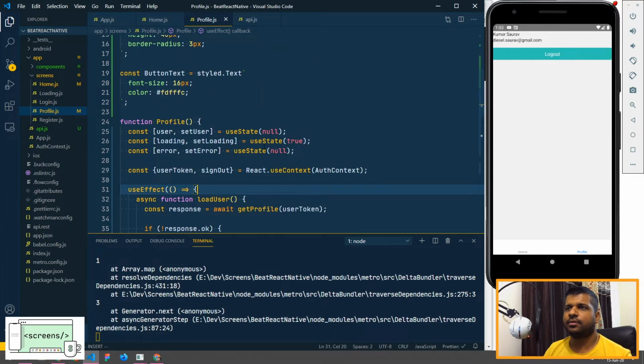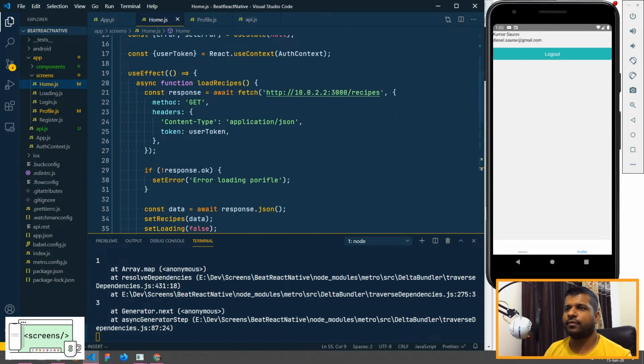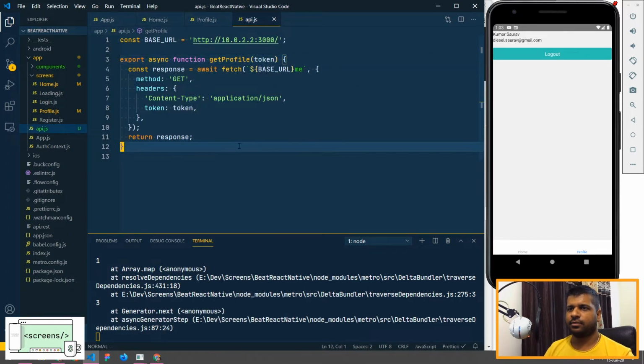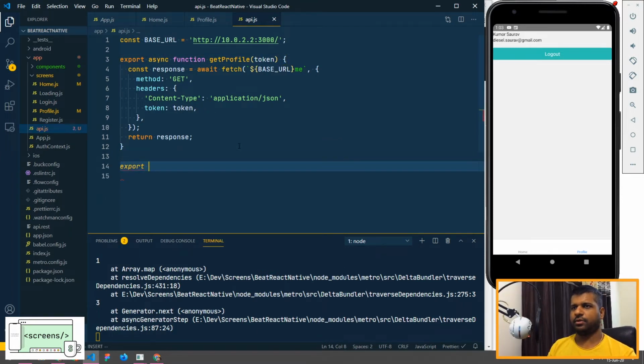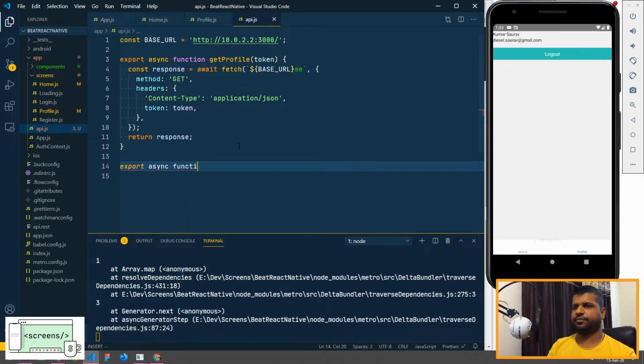So what I'll do is I'll just move the API call from home.js as well. Okay, so let's go ahead and export async function. It will be get recipes and it will also take token.